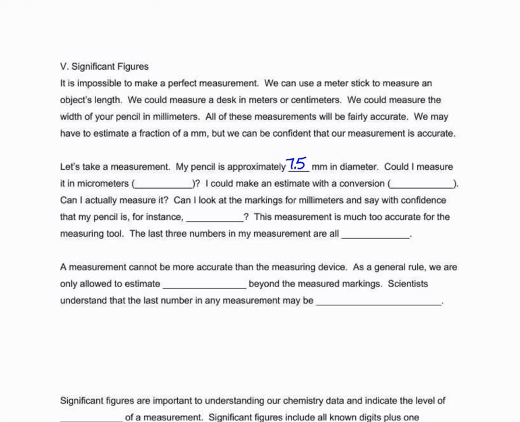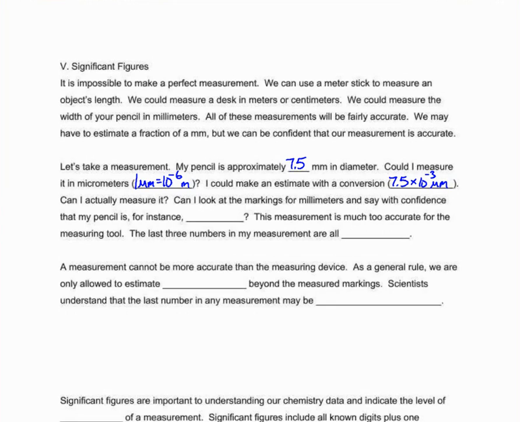Could I measure it in micrometers? One micrometer is 10 to the negative 6 meters, or you could say 10 to the negative third millimeters. So like 1/1000th of this. I could make an estimate with a conversion. 7.5, this is millimeters, and to make it micrometers, it's just times 10 to the minus third. A conversion is possible,